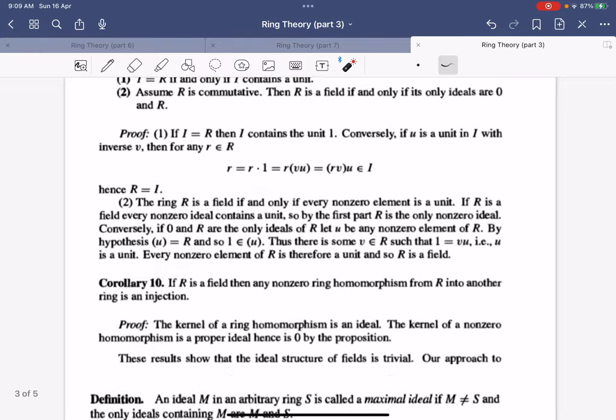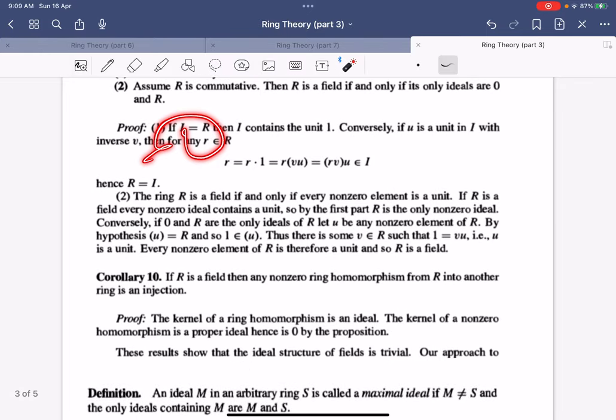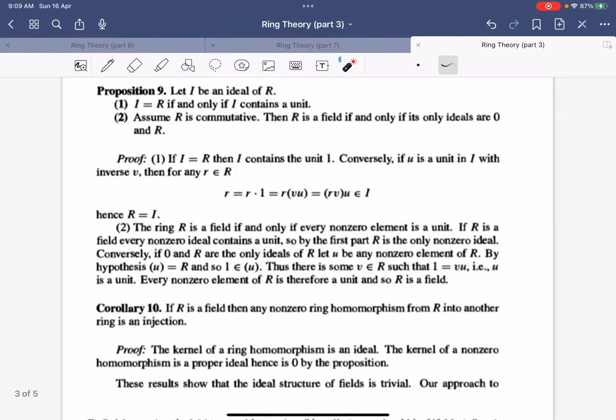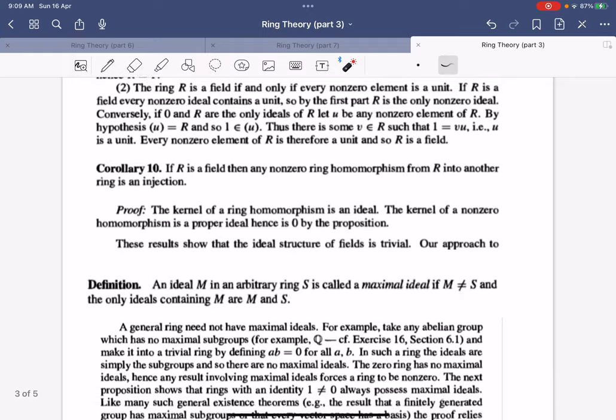And that's very easy to check, because if I equals R, then of course I contains the unit, so that's very trivial. And conversely, if u is a unit in I, then it has an inverse v, and for any r, it must equal r times 1, which equals r times vu. And then you use associativity to put the brackets at (rv) times u, and because u is an element of I, this whole thing will be an element of I as well,